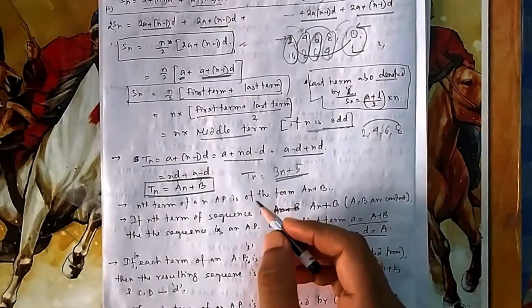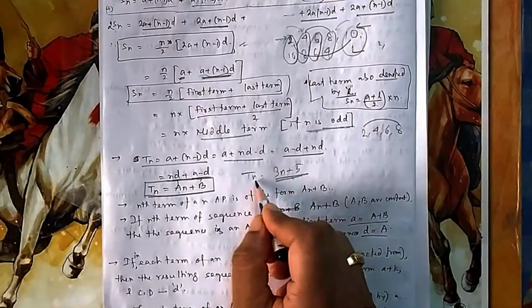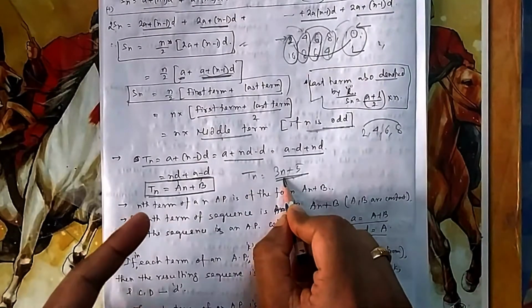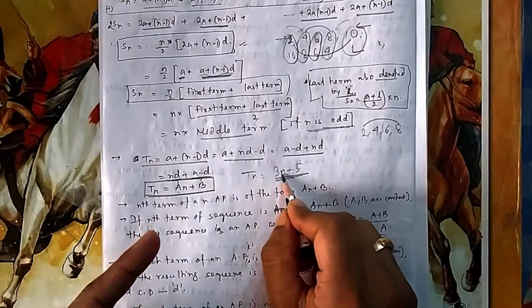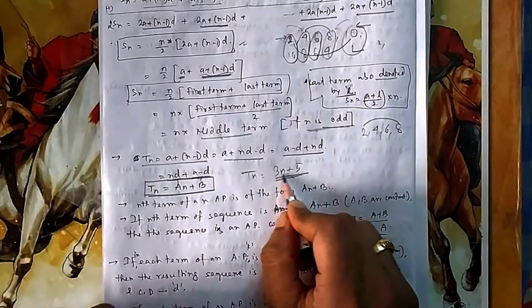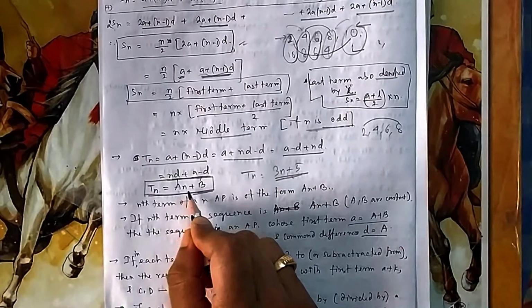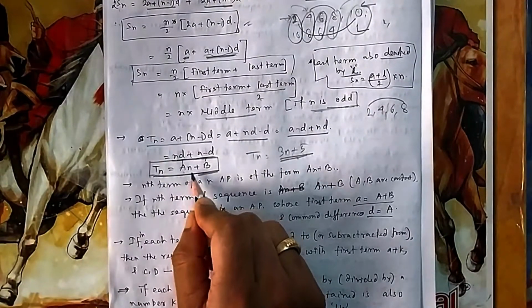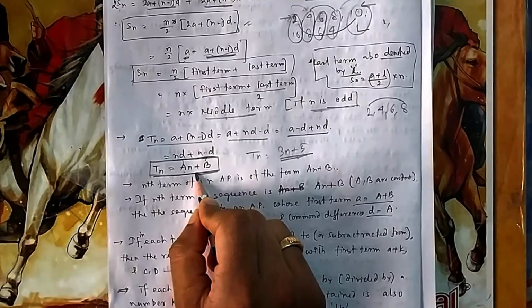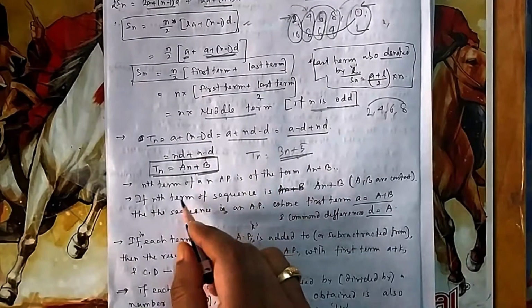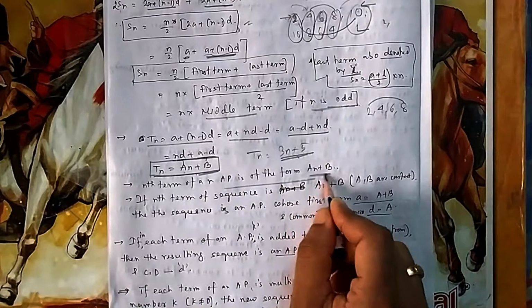So if you start writing it, if you put n equal to 1, you will get the first term, that is 8. If you put n equal to 2, then it is 11. So you can see every time you are adding 3. So this type of format, if I write Tn in this type of format, is always giving me a hint towards AP. So the nth term of an AP is of this form.